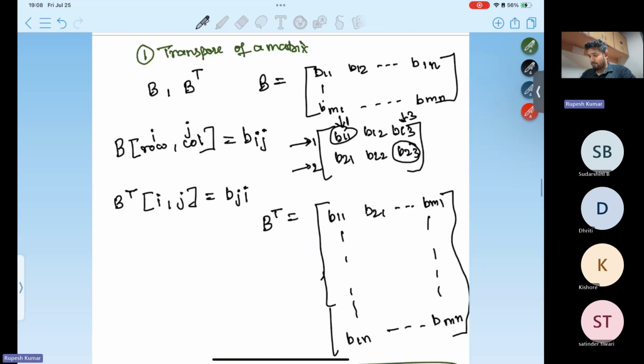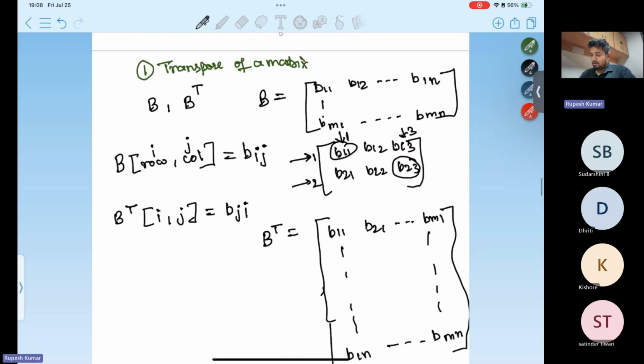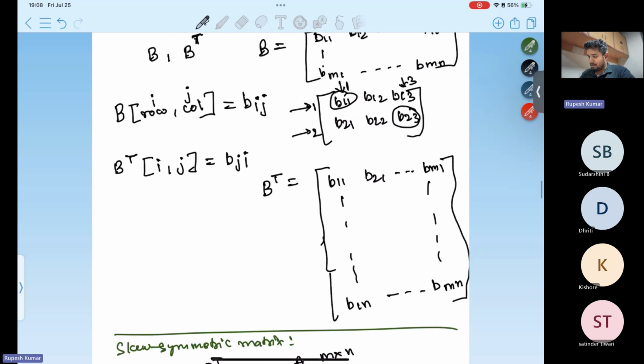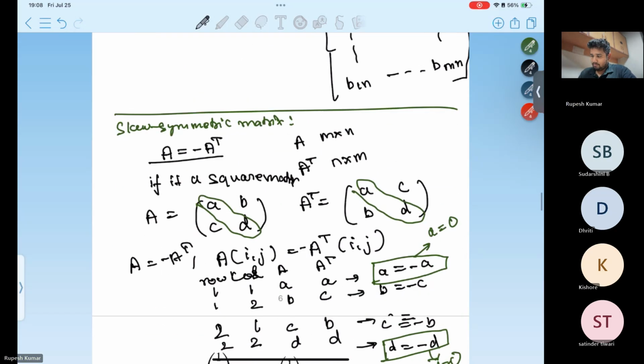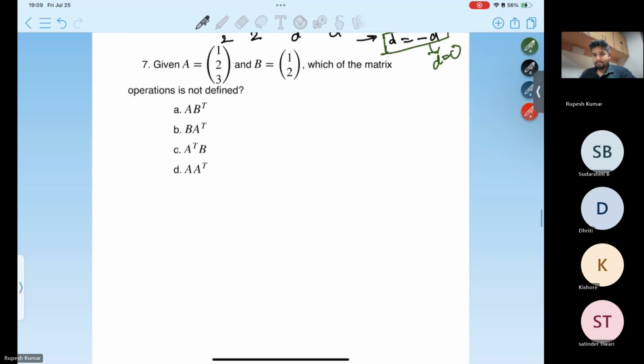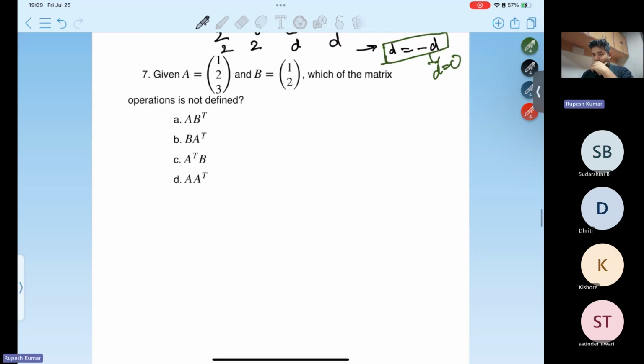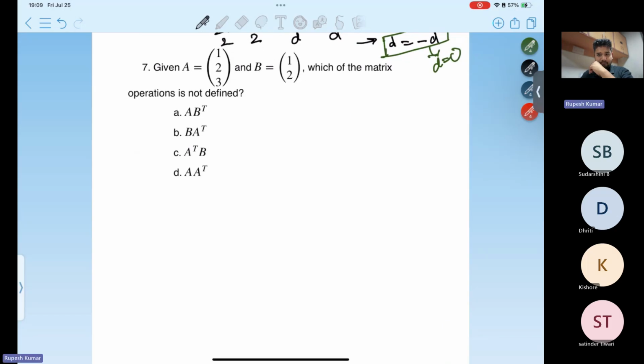For now, just think of the transpose operation as this operation where B transpose, represented by the matrix B subscript T, has entries related in this order: B transpose at ij equals the entry of matrix B at row j, column i. Fine. Yeah. So let's move on to the next problem. Does anyone have any doubts? I guess no one has any doubts, right? Let's move on to the next problem.